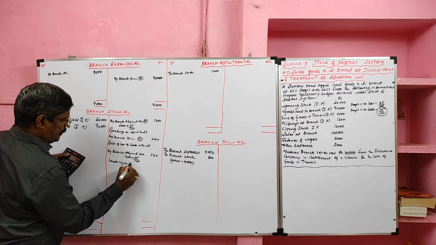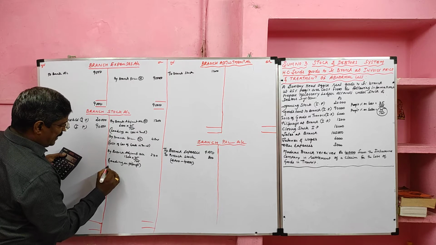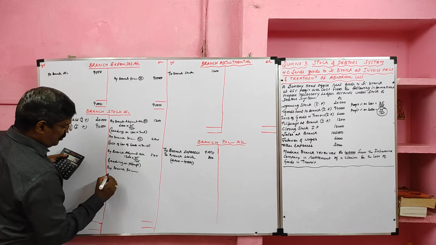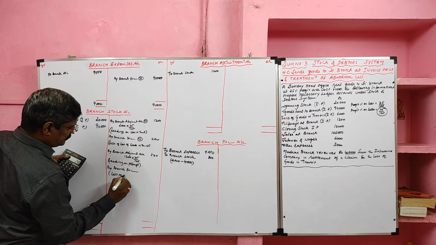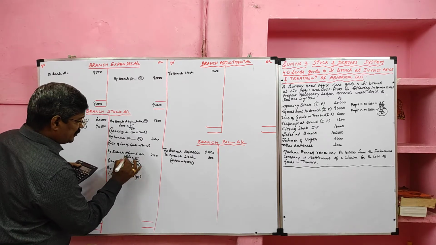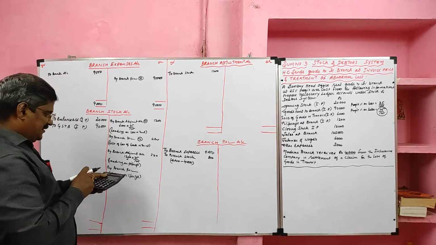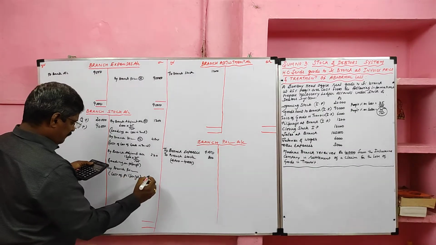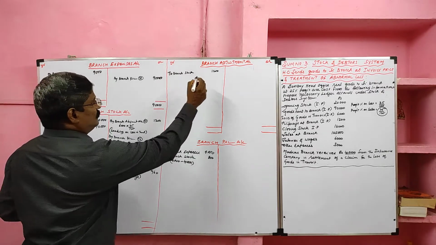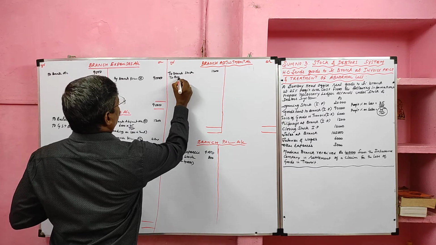Loading on pilferage. So the balance should be transferred to branch profit and loss account, that we call cost of pilferage. How much? Total pilferage 1,200, of which 240 is loading. So the balance 1,200 minus 240, our cost of pilferage is 960. Here the loading should be transferred to the debit side of branch adjustment account as branch stock account.